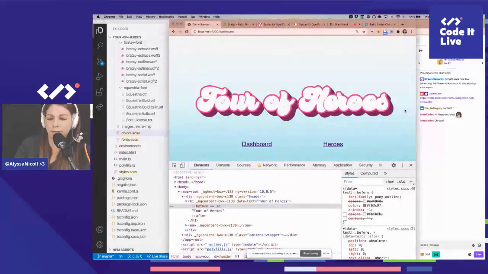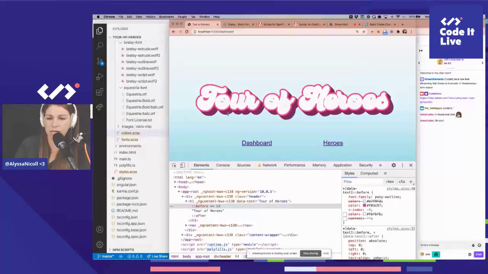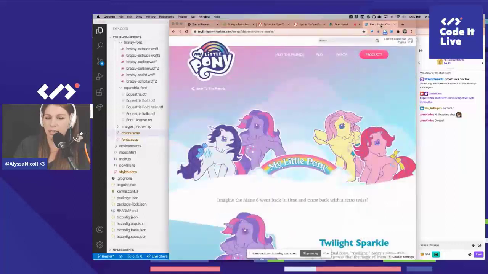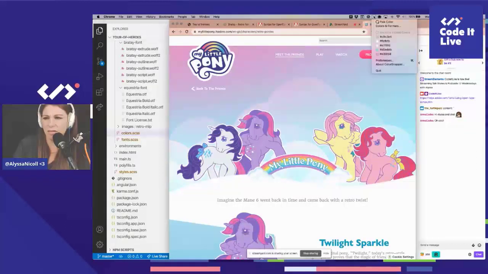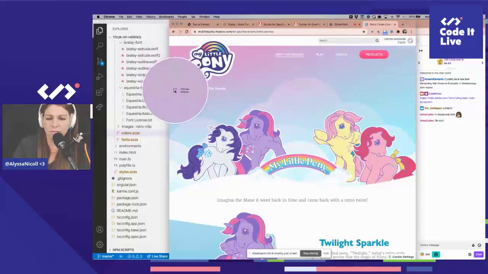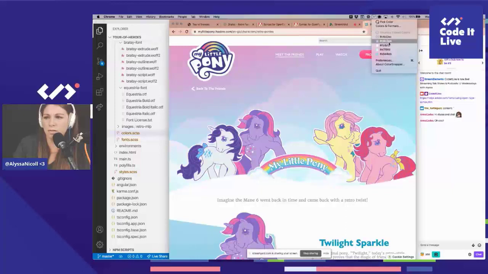So if I went with the blue as the extrude color, I need a purple for the shadow. So let's pick colors. And I want to pick a purple that's kind of close-ish to one of the blues. Yeah, these are all too